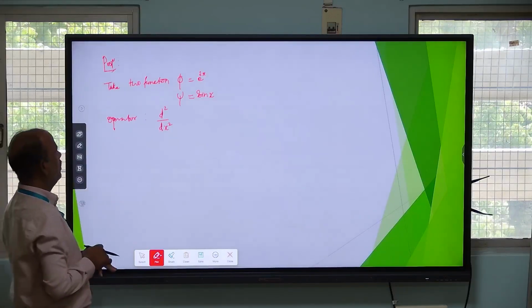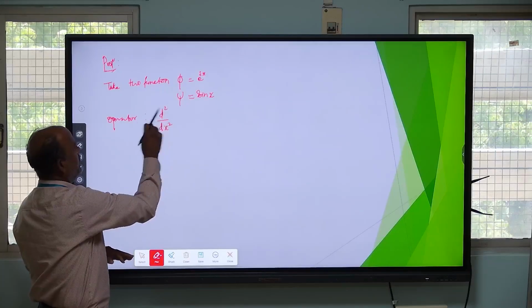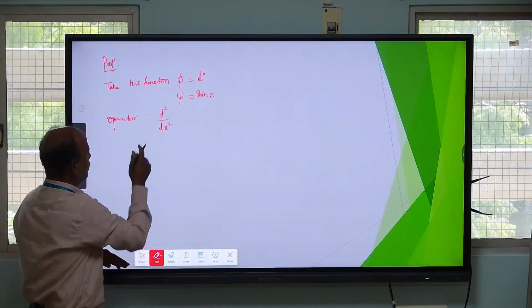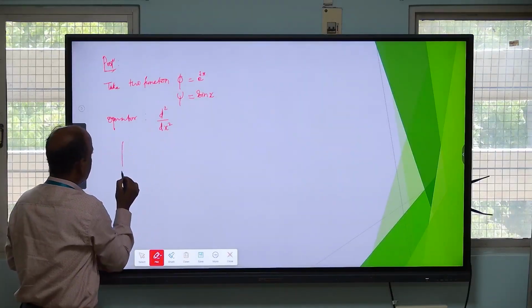If the operator d squared by dx squared is Hermitian, it should satisfy the condition like this, integration of minus infinity to plus infinity,